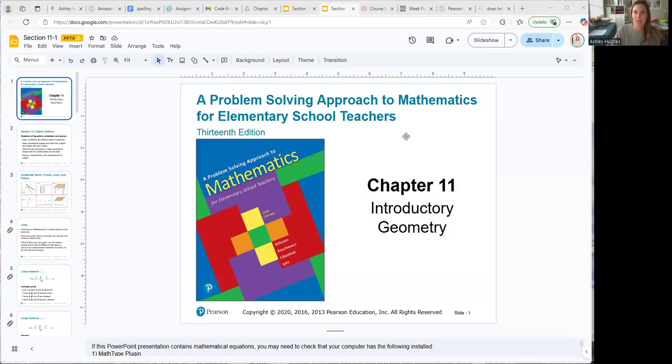Today we're going to jump into section 11.1. So we're starting a new topic, and it's geometry. This section is not going to be on the midterm. So 11.1, 11.2, and onward are going to be on the second. So let's talk a little bit about geometry,